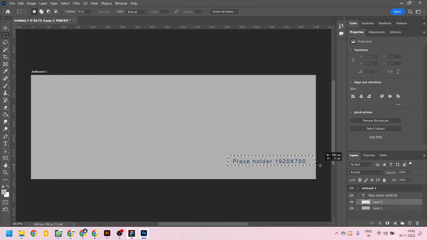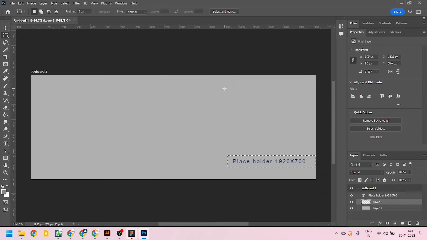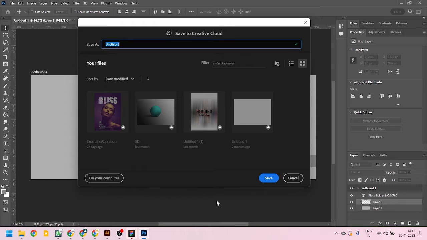I don't know why I'm doing this, but this would look more like a placeholder. So now I can save this, Control Shift S,